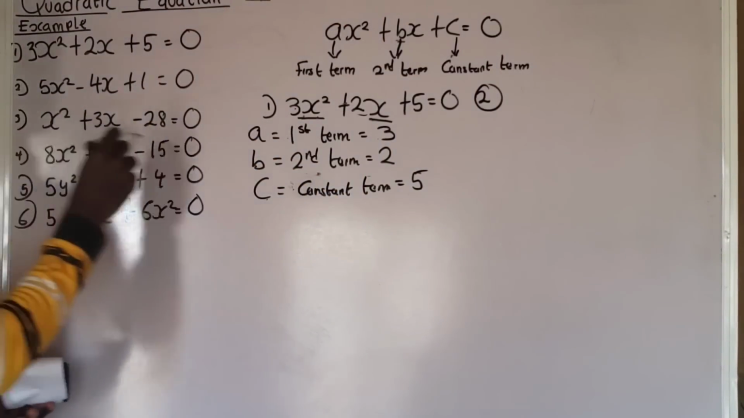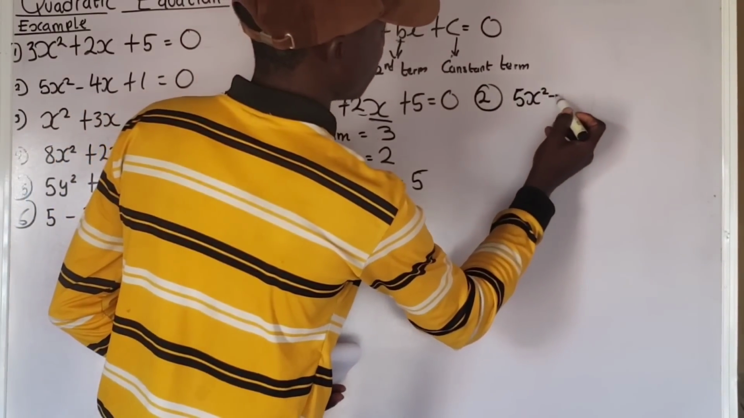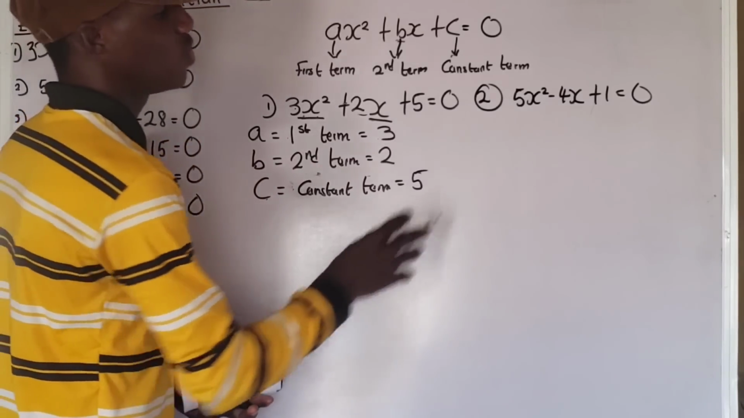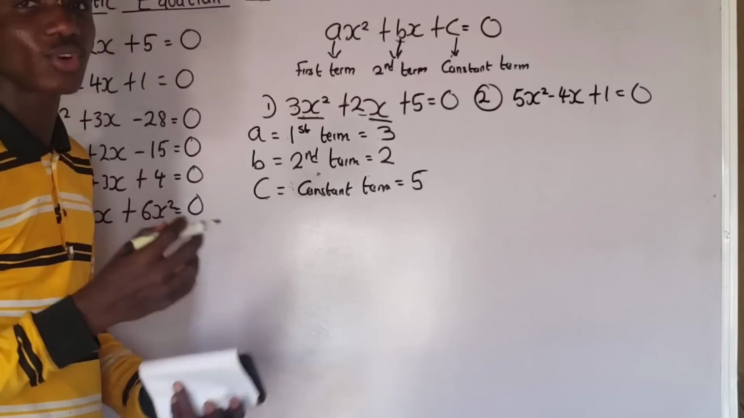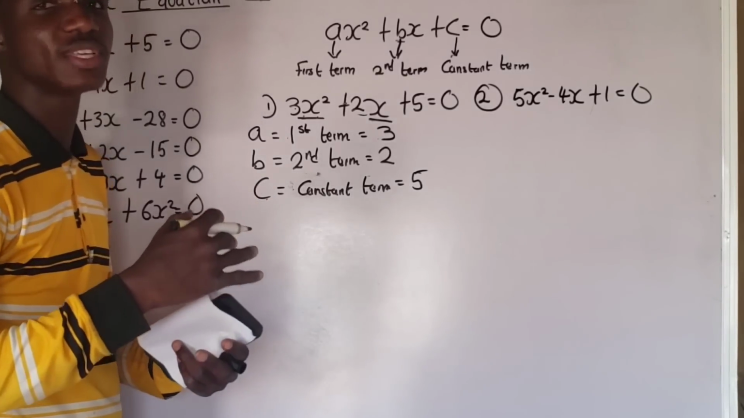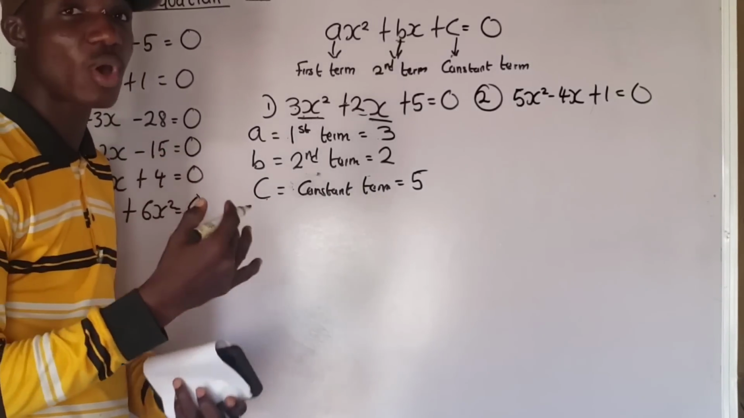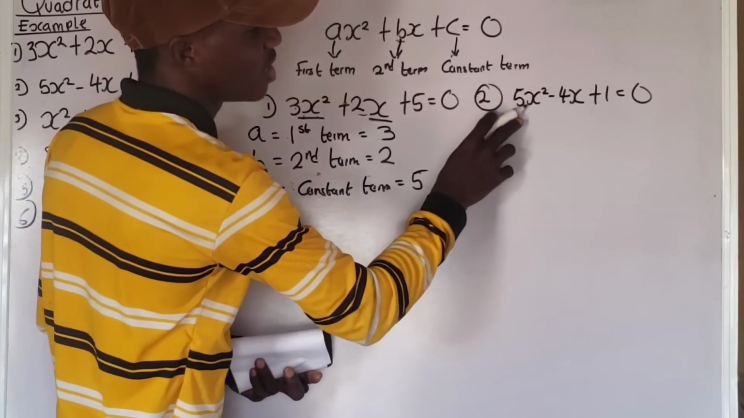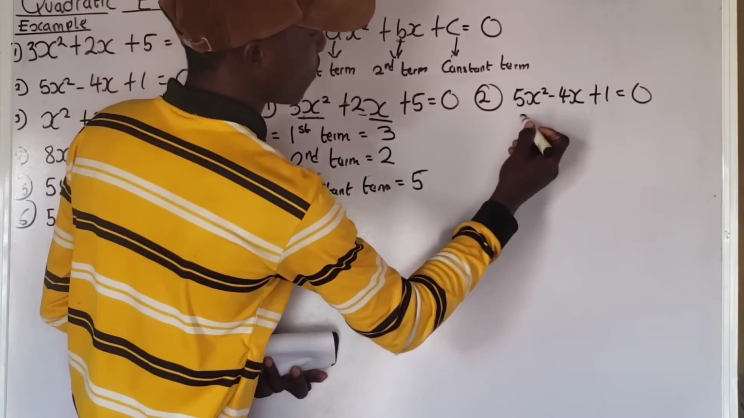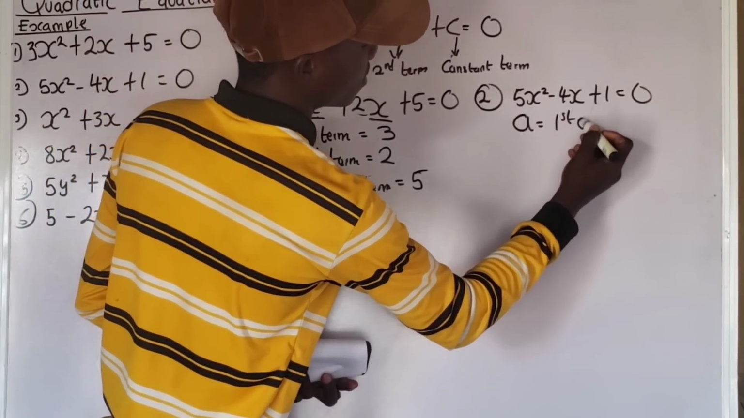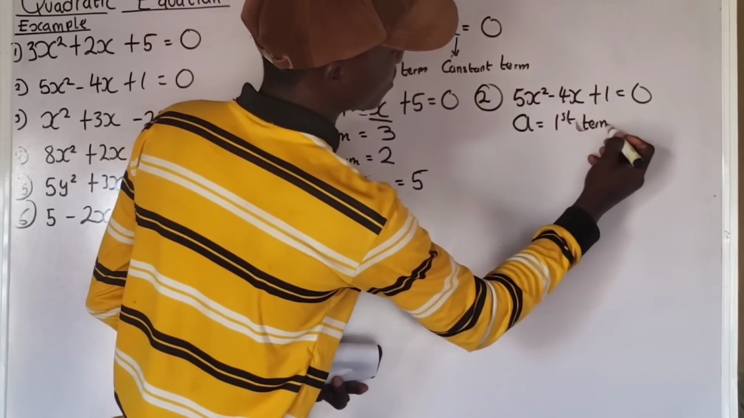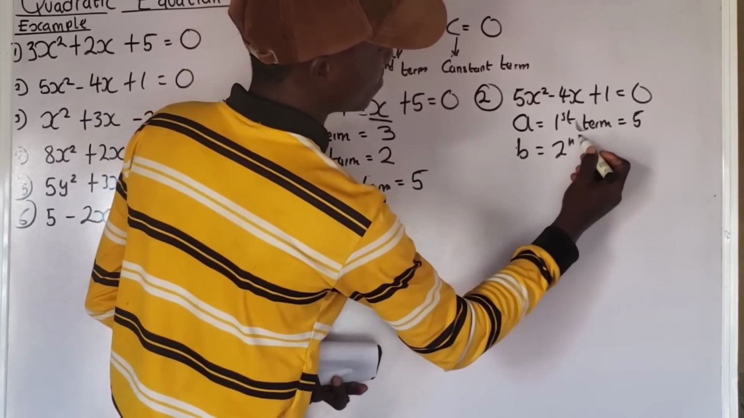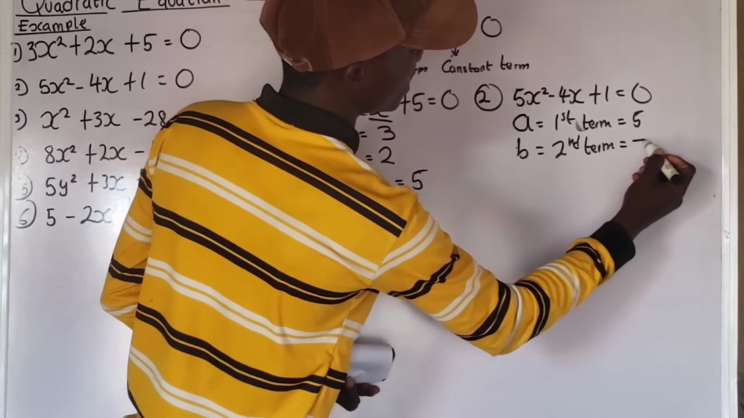For this quadratic equation, 5x squared minus 4x plus 1 equals 0. Okay? Now, looking at this quadratic equation, what is the first term? The first term is the coefficient that belongs to the highest power of the unknown. The highest power of the unknown is 2. The unknown is x. The coefficient of x squared is 5. So the first term here in this quadratic equation equals 5, and the second term, which is b, equals negative 4, and the